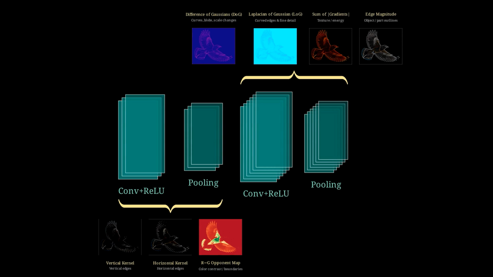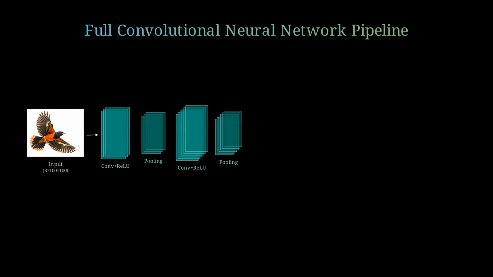Through these repeated processes, the representation of the image is gradually transformed. What started as a grid of raw pixel values becomes a structured collection of feature maps that encode where meaningful patterns exist and what kind of patterns they are. In other words, the network has learned to see, but it hasn't yet made a decision about what the image actually is. To make that transition, the network needs to move to reasoning, and this is where fully connected layers